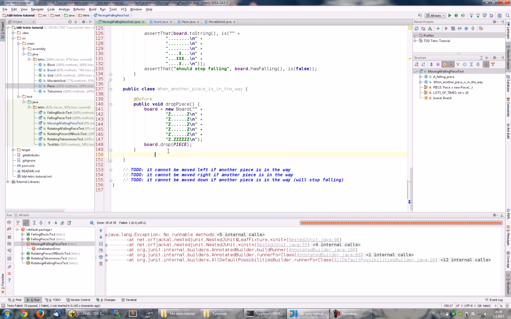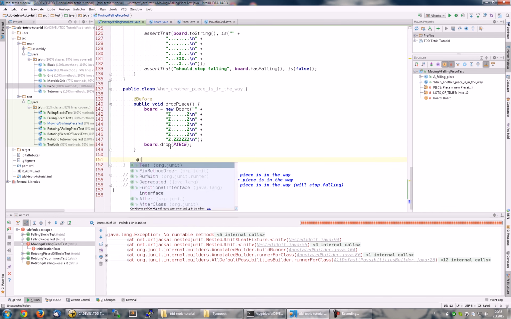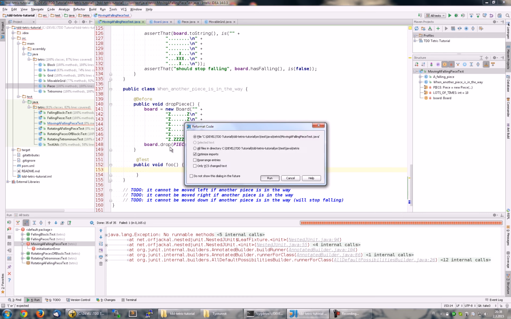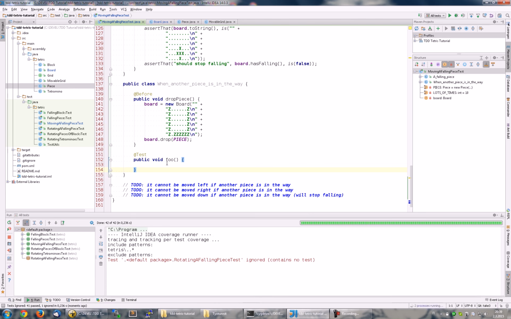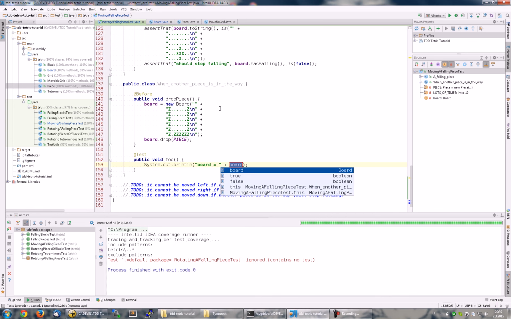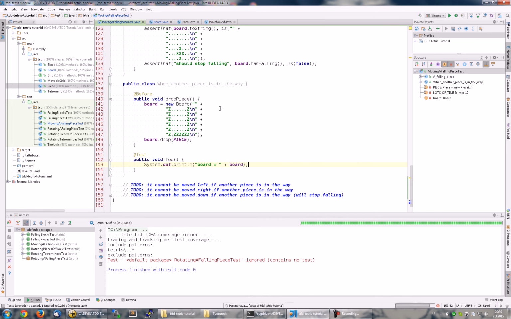Okay, I think this is just an issue with the testing framework or the test runner. Yeah. Then let's see what it looks like. Again, it looks the way I expected. Then